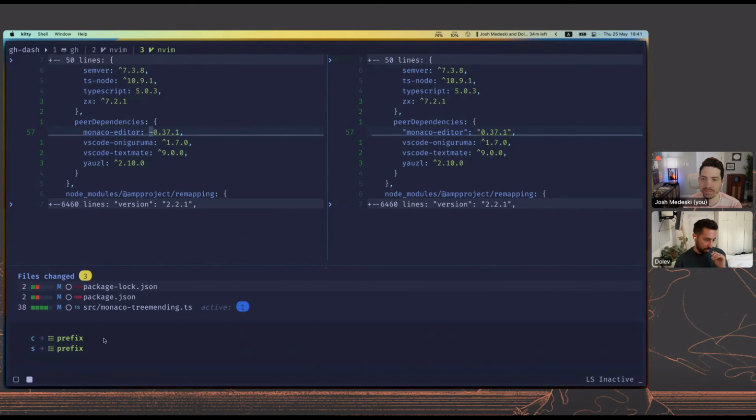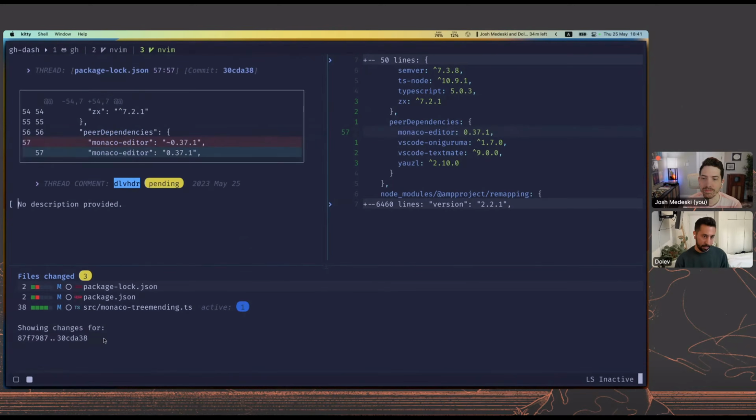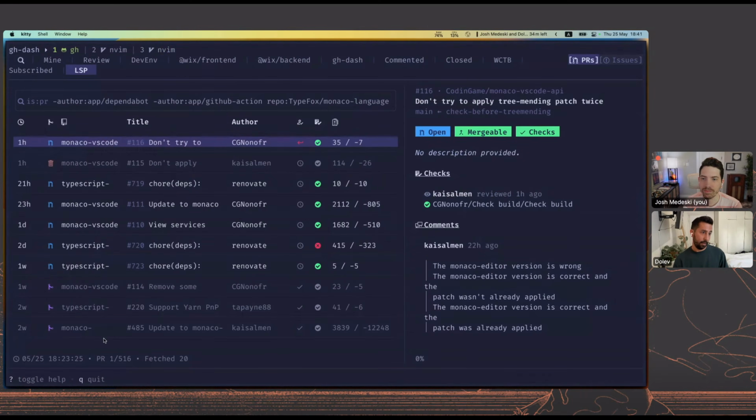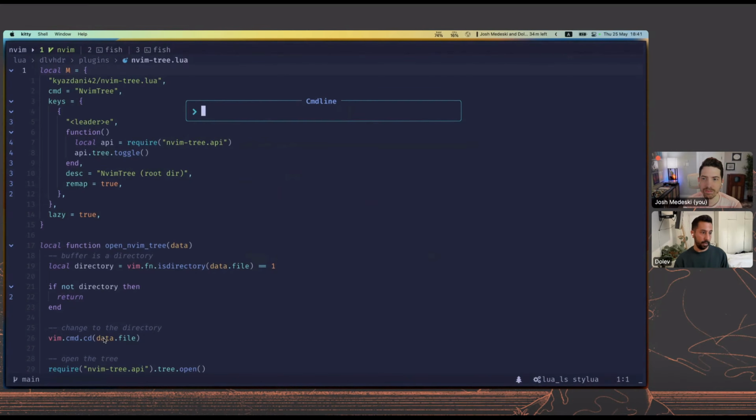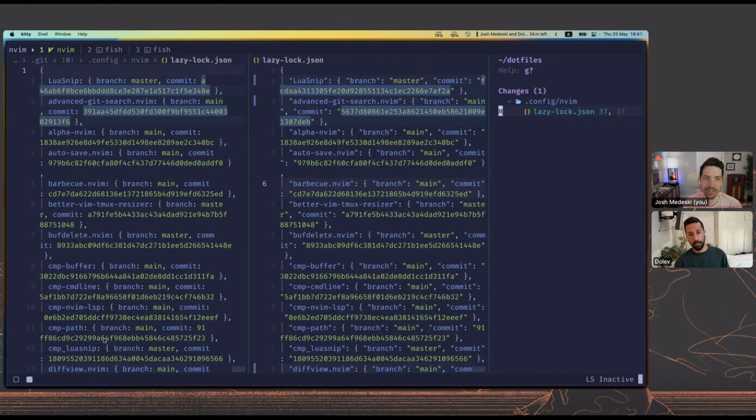I have space OCA to add a new comment, and then I do Command S to save it, and it just uploads the comment straight away. And also, if I have some changes in my local files, I can do a diff view open, and then I can see all my changes here, and the folds come in handy and all that. Yeah, and it opens a new tab.